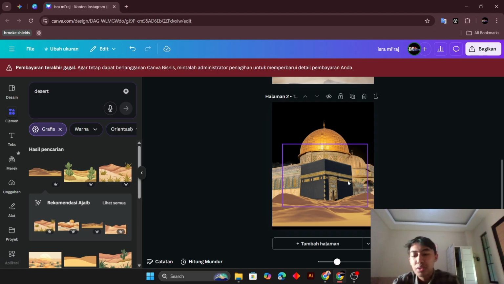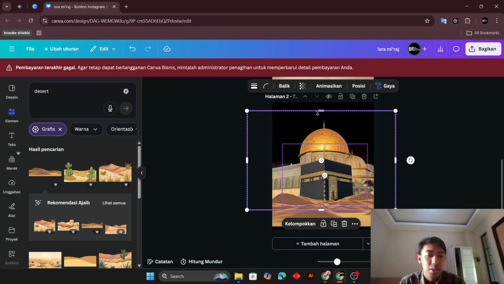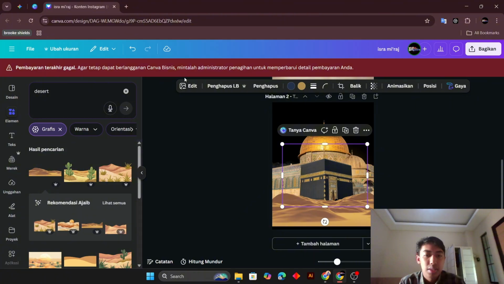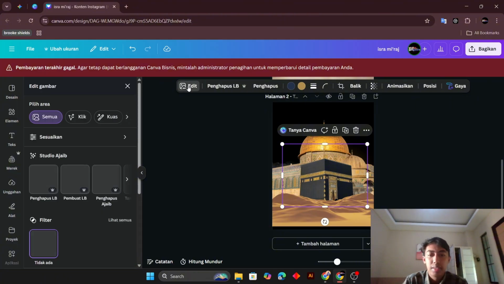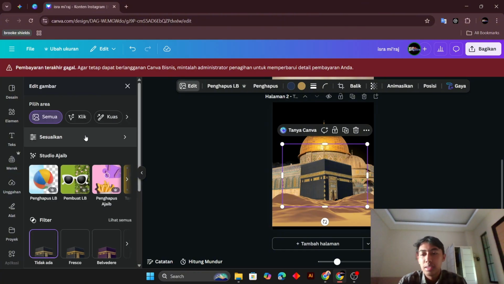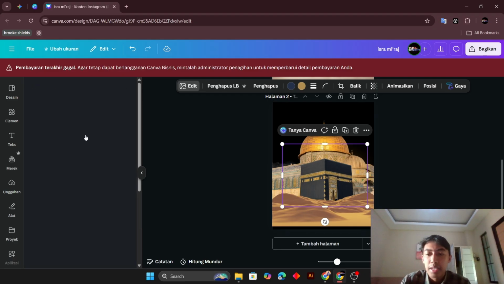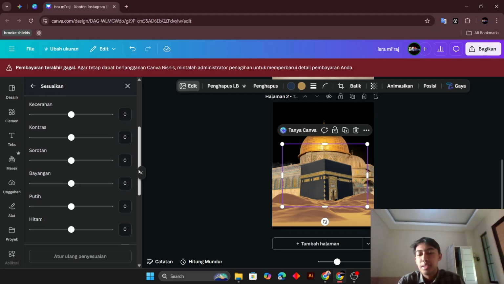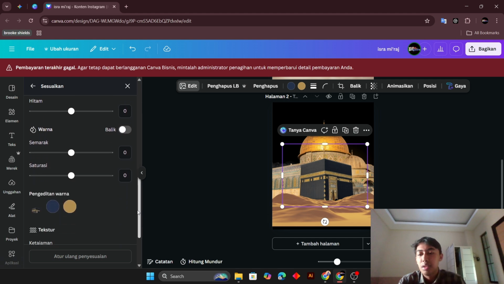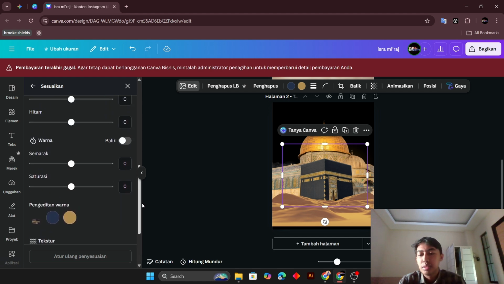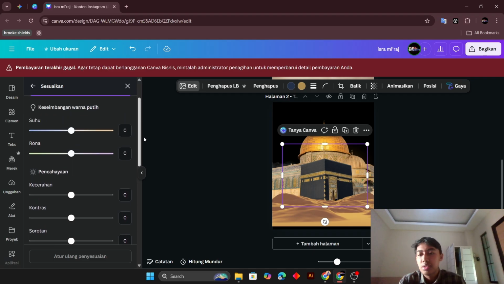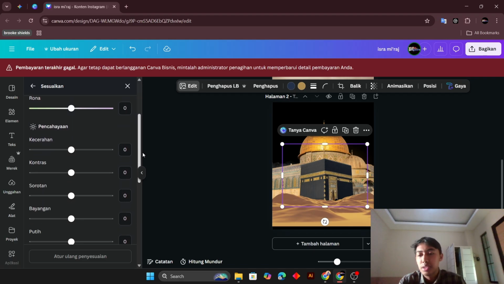Lighting adjustment, go to the adjust panel: lightness, saturation, brightness, exposure. For the nocturnal atmosphere, click edit, klik sesuaikan. In this button, scroll, search saturation.